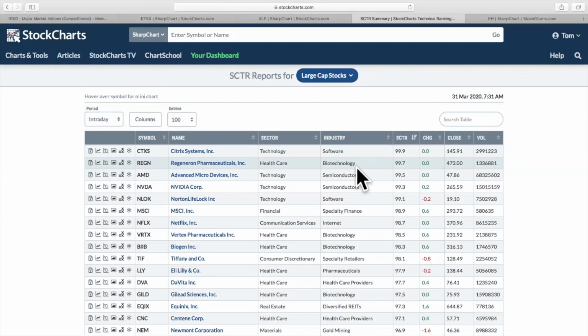It only looks at the current trading day. It doesn't look at where we closed yesterday. That's the difference between accumulation distribution and on balance volume. They're both measuring the same types of things, but on balance volume is simply looking at where we closed today versus where we closed yesterday. Accumulation distribution is more about where you closed today relative to your trading range for the day. So much more attention is paid to what's going on throughout the trading day,